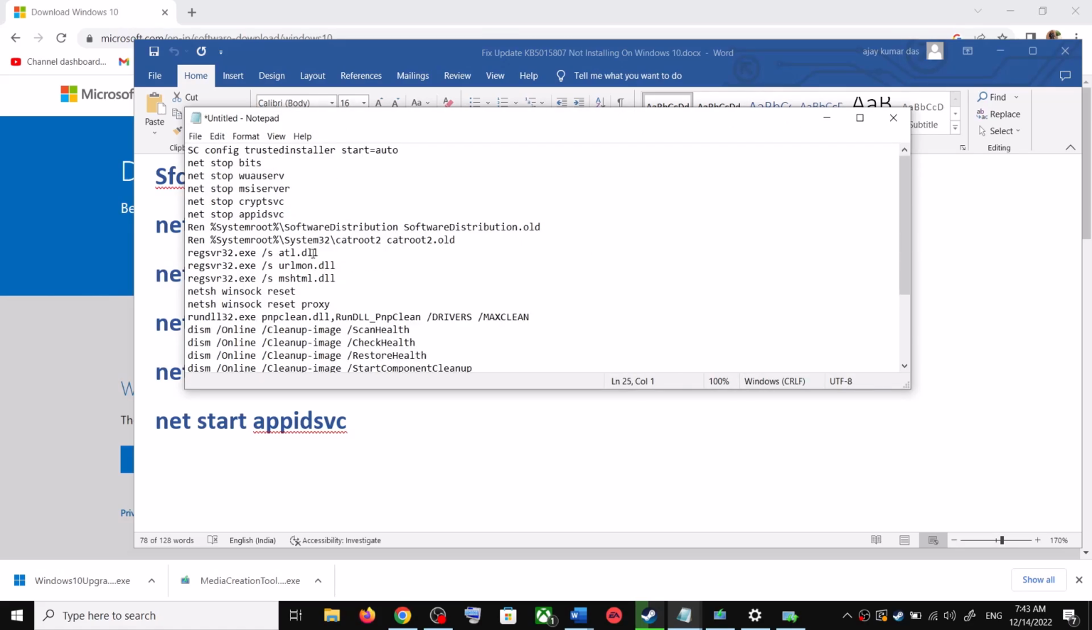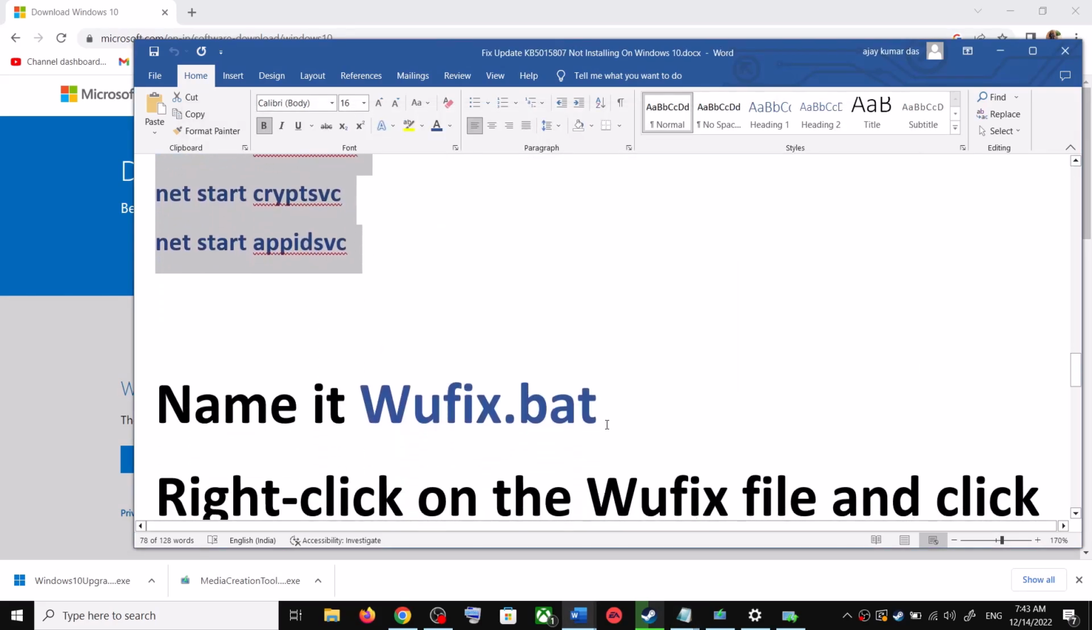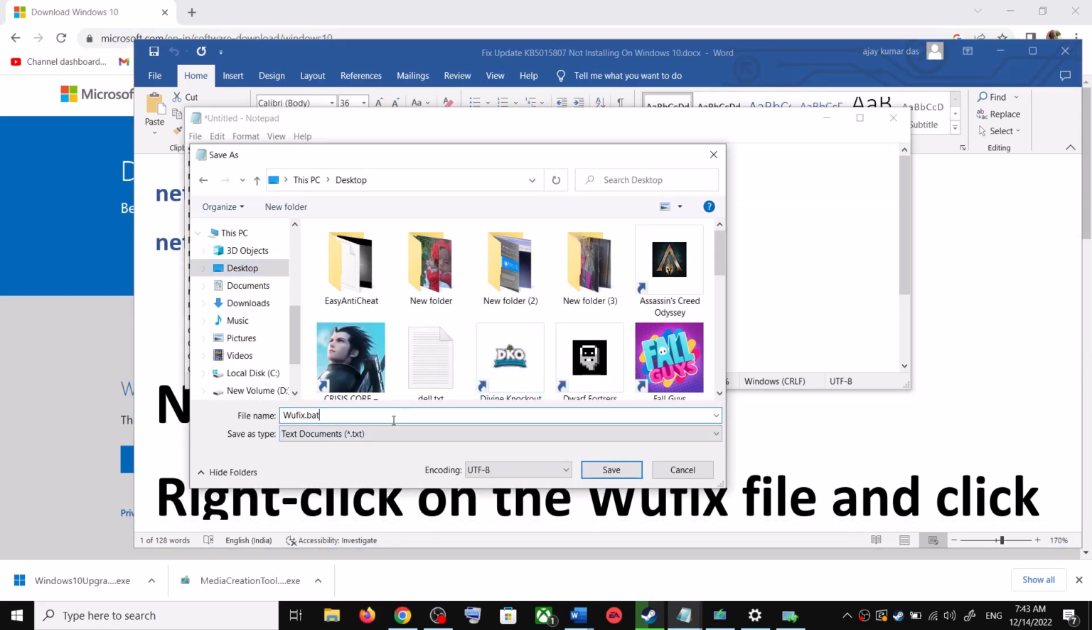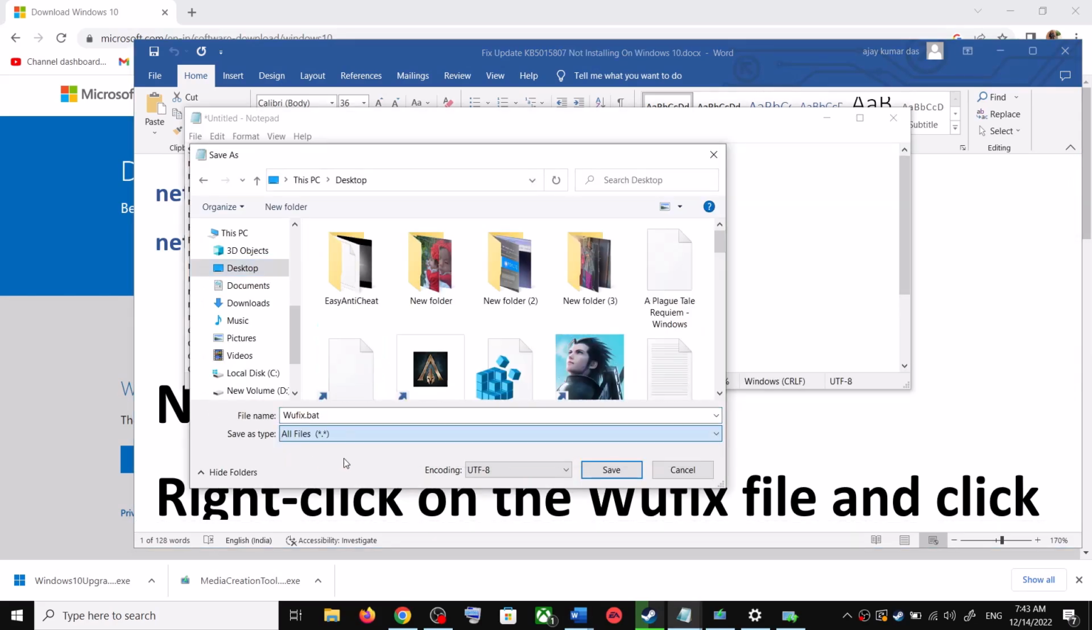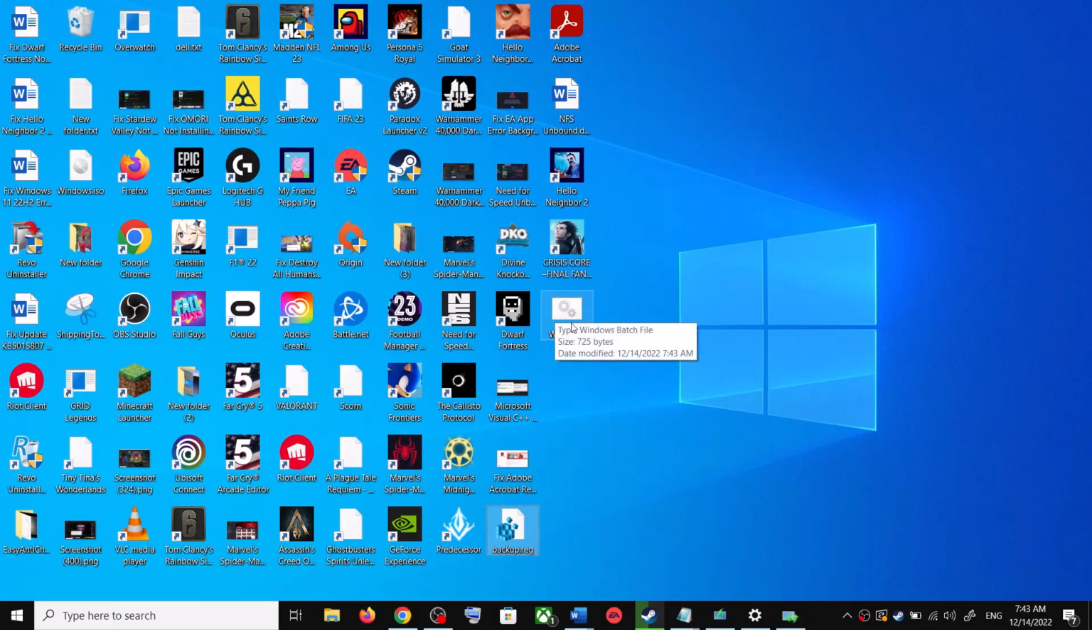Paste all the command over here. Now go to file, then click on save as. You can set the location at desktop and then name this file as wuauserv.bat, and for save as type select all files. Now click on save. Now go to desktop, make a right click on wuauserv.bat file,